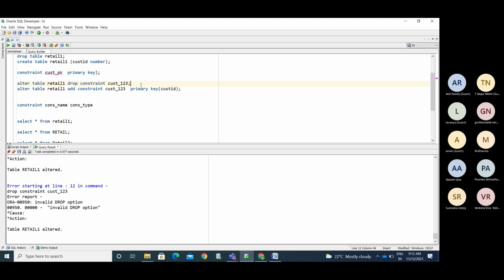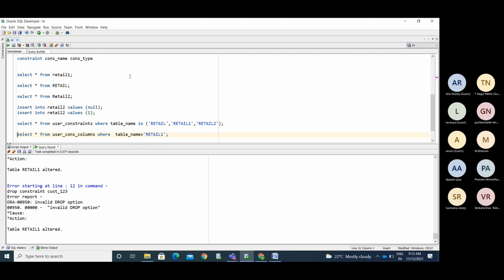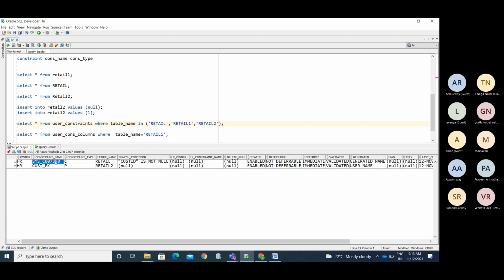You need to drop the column's constraint like this. Okay, so we have the constraints, and I'm going to drop all the constraints.